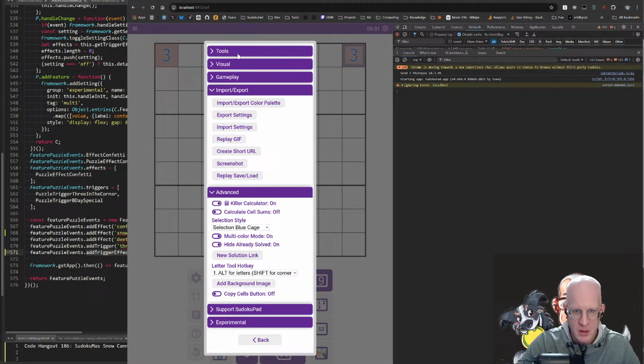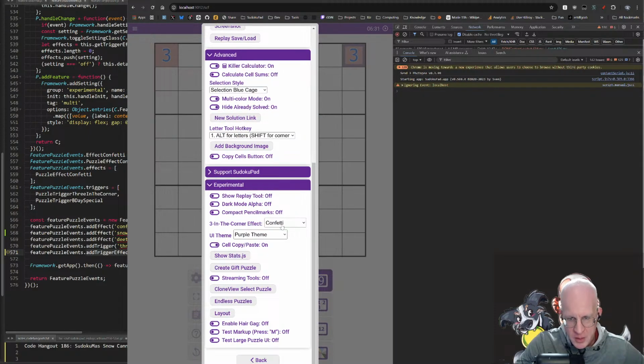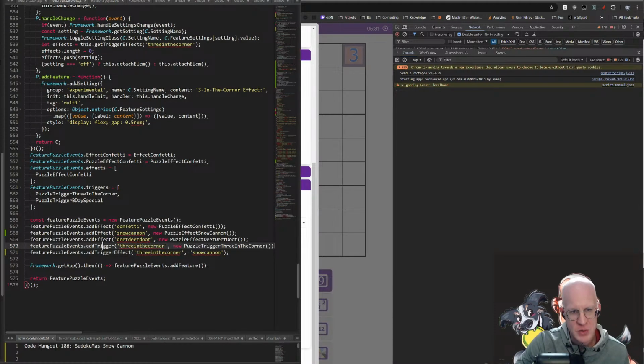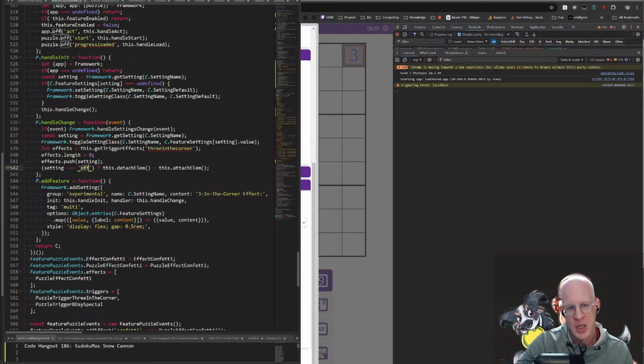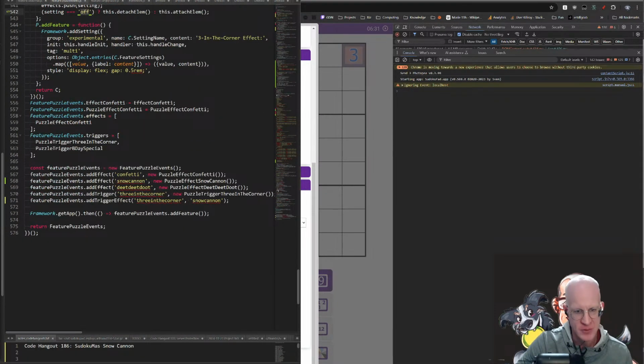Gameplay, visual, visual, advanced, experimental, confetti, doot, off. So it's set to that. Yeah, I'll basically have to rename them then to get them to be snow. Because I can't guarantee, like, if I just add a new one, then nobody will actually see it. Like, only new users will see it. So I'd have to temporarily make both of the original ones be